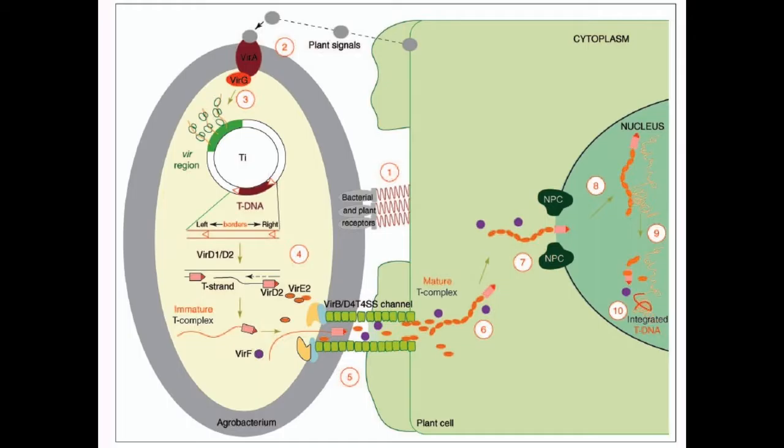Some of them are going to initiate a form of rolling circle replication, very similar to what we talked about with the F plasmid. But now that rolling circle replication is going to become arrested at a certain point. The bacterium is going to initiate rolling circle replication at a particular site, let's say on the right-hand side of this T, or transferred DNA, and it's also going to nick that same strand at the left-hand end. So that now when rolling circle replication takes place, what's peeled off from this is just a single strand subsection